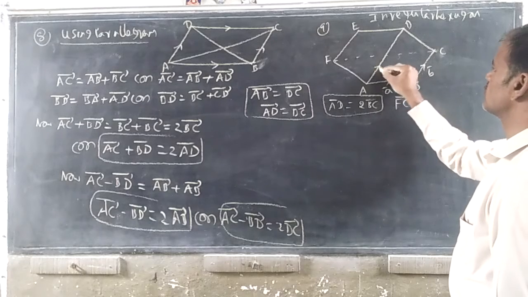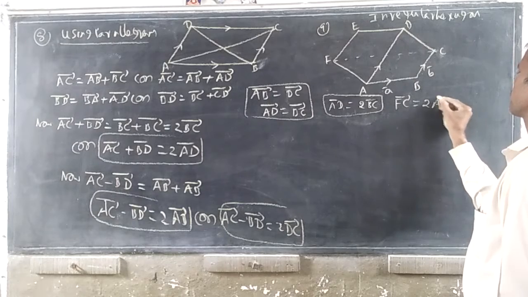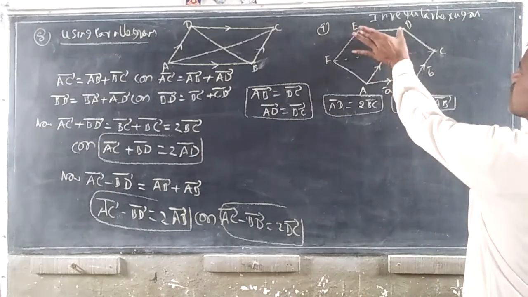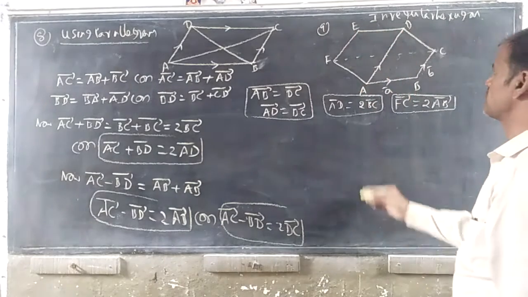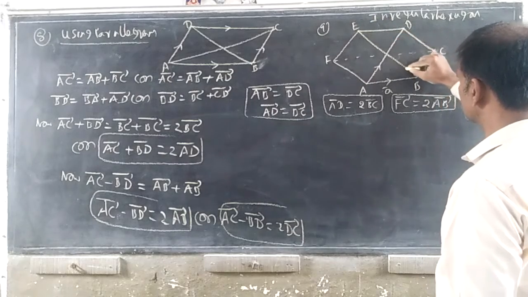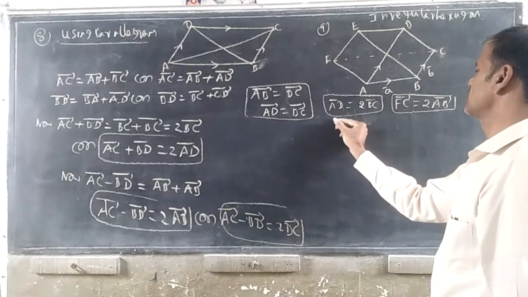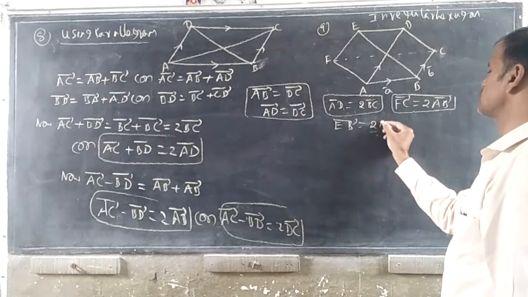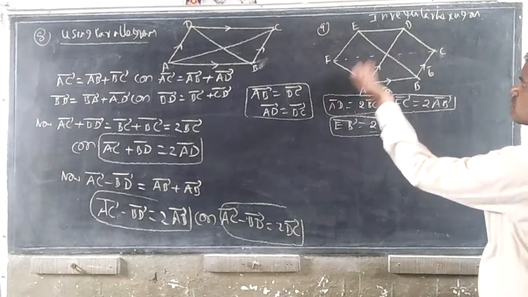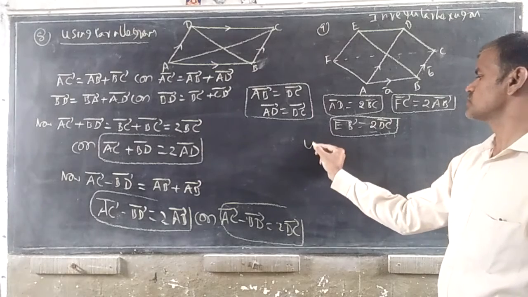These are the formulae. AD is equal to 2BC, and if you are writing like this, FC is equal to, direction is most important, don't forget, FC is equal to 2AB, and this is the opposite side of this one, 2AB also you can write. Next, draw like this. EB is equal to 2DC. EB is equal to 2DC. These are the formulae. Now, using parallelogram, using triangle